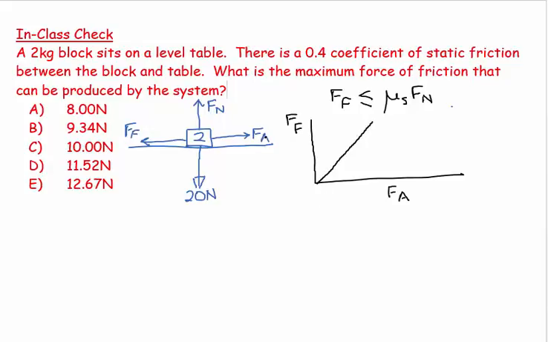my force applied will be matched by a frictional force. If it's a 1 Newton force applied, it's a 1 Newton frictional force. If it's a 2 Newton force applied, it's a 2 Newton frictional force. It matches because the object is still stationary, and so it is not accelerating, and so it hasn't started moving. But there comes a point when you start moving, and what happens is then,